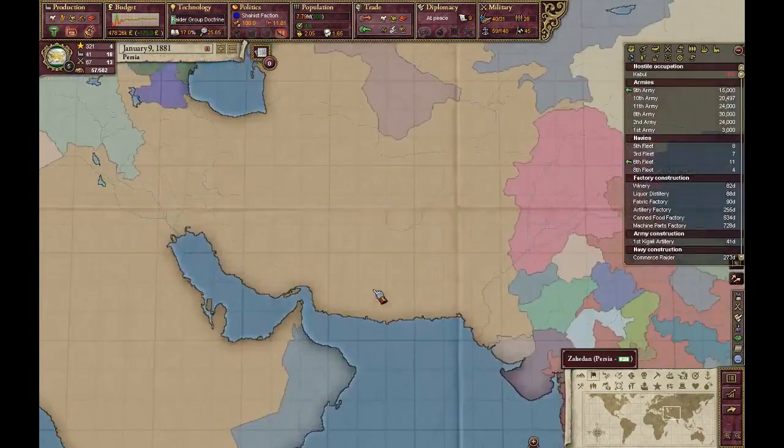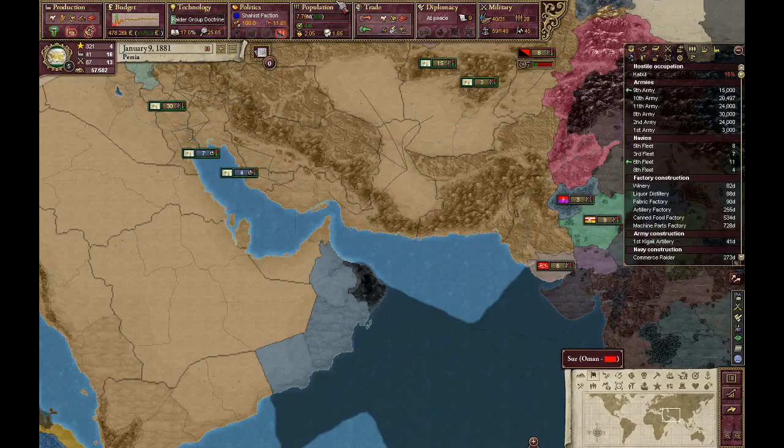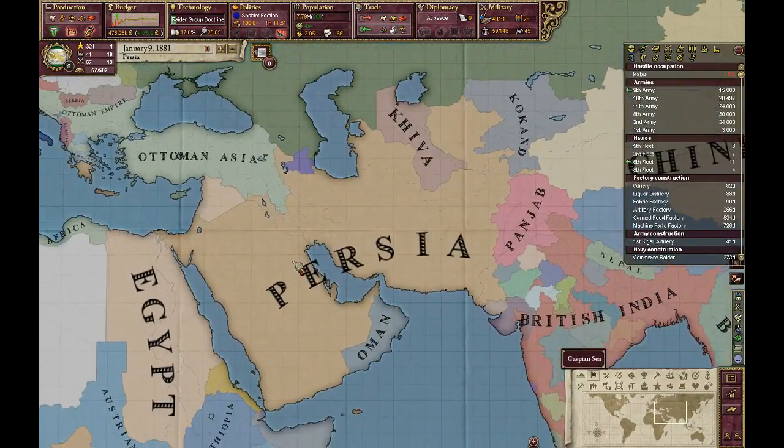And that's quite a huge advantage over laissez-faire, because if you have an empire like me, you have lots of railroads to build, and if you have to pay for them all, you pay a lot of money. And if you have interventionism, you only pay a fourth of the price.